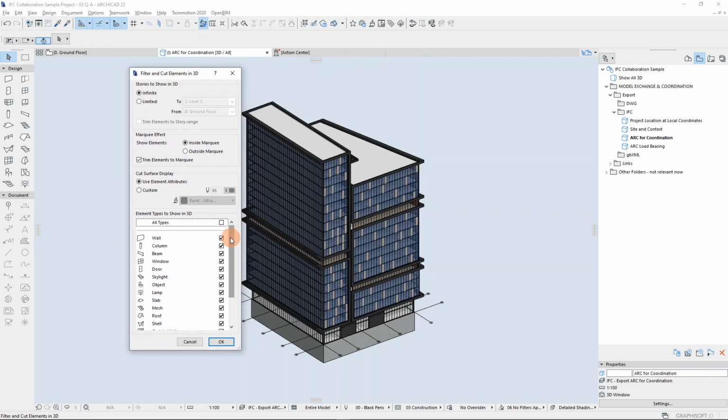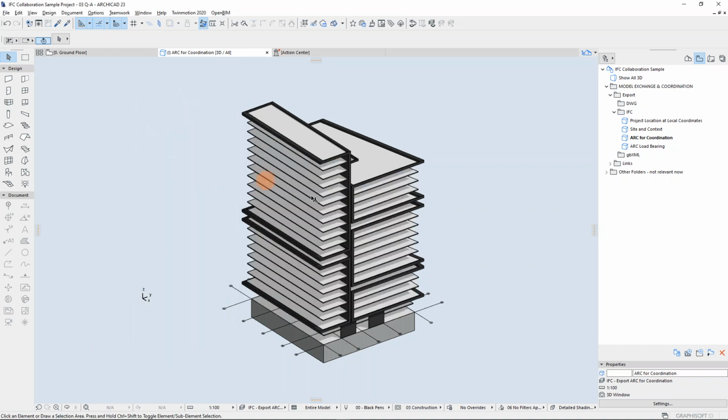With this option, you can actually exclude certain element types by their type. Okay, so from here, I can easily go and say, do not display the curtain wall, and then curtain walls